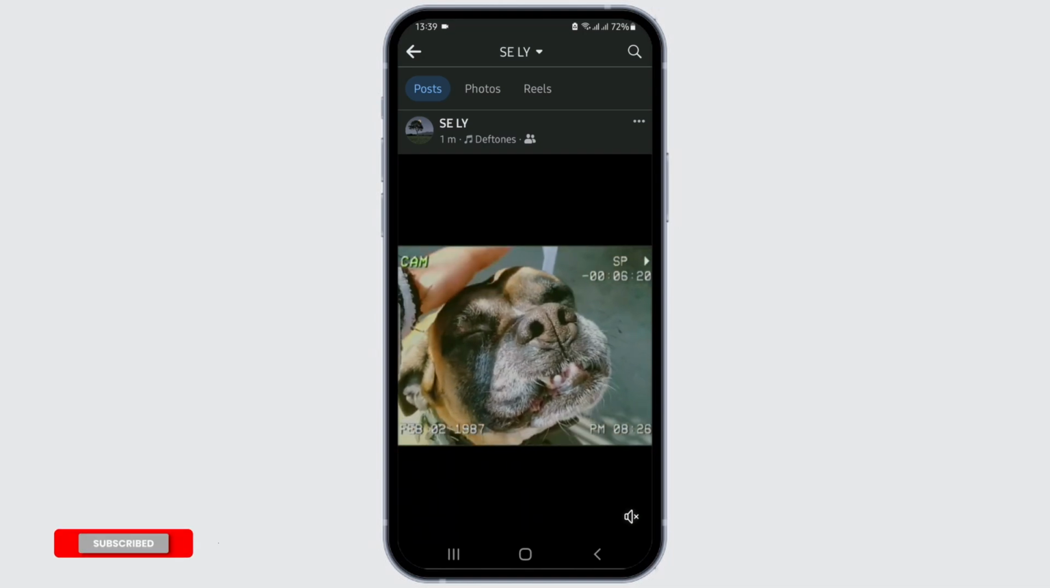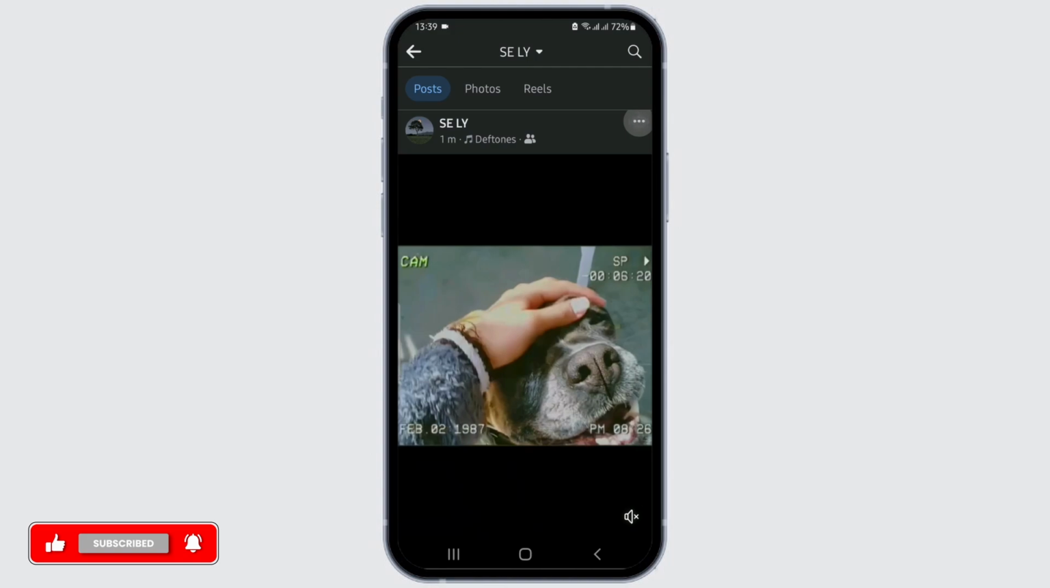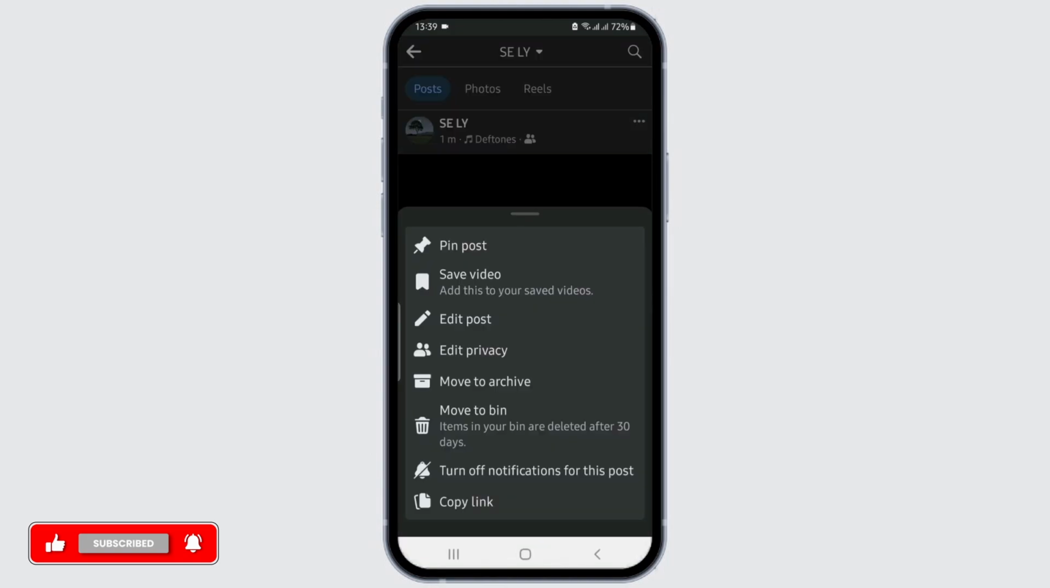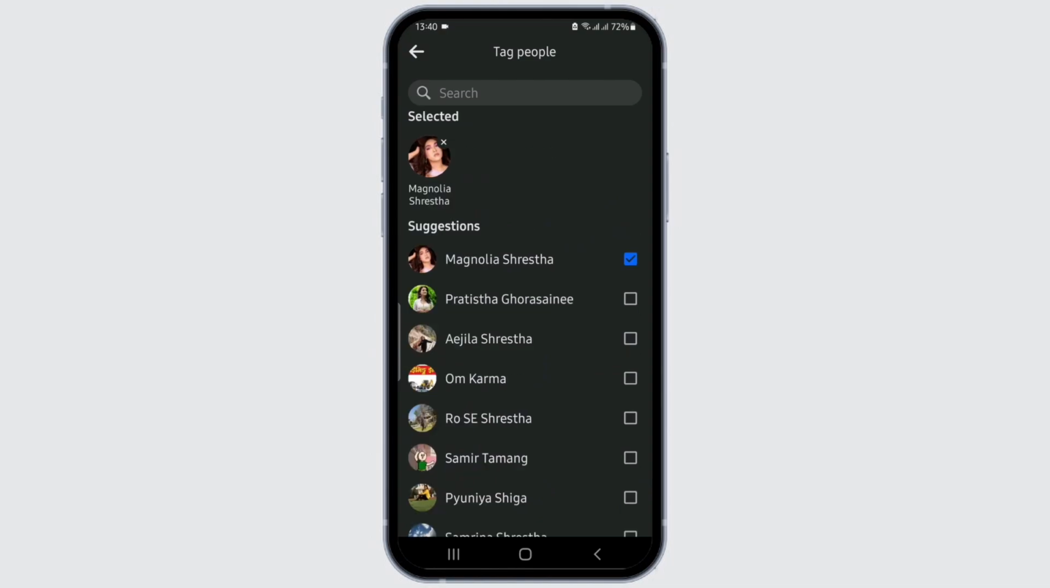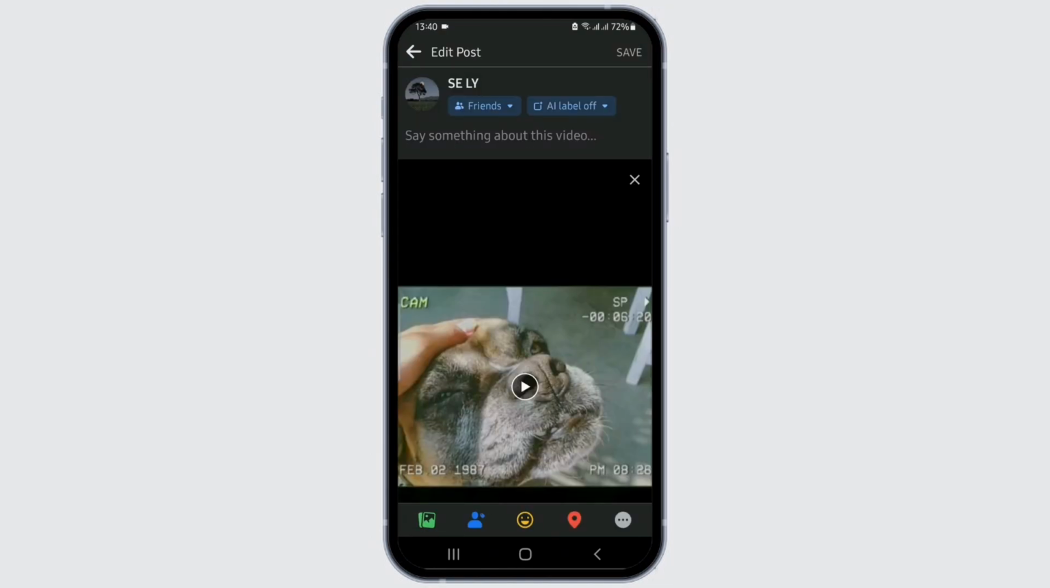Click on the three dot icon on the top right corner, and then you'll see edit post. Click on it, and then on the below bar you'll find icons. Select the blue one, and then you will be able to tag people from your friends. After tagging them, just click save on the top right corner and you'll be able to tag people on Facebook